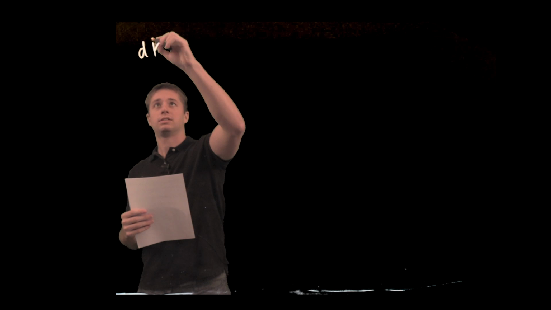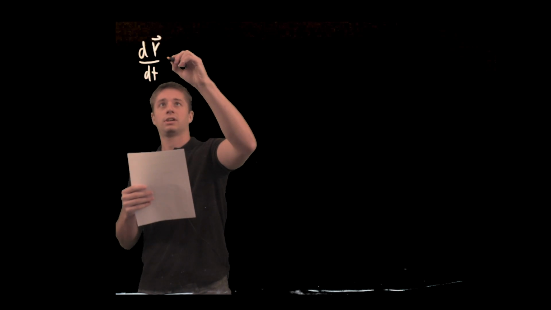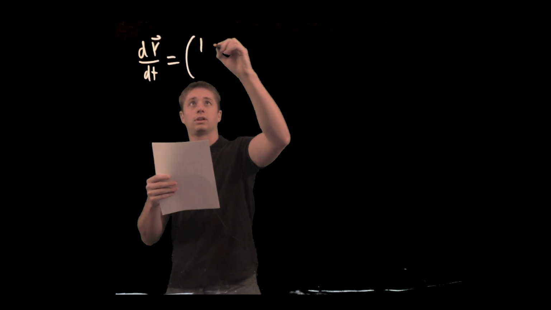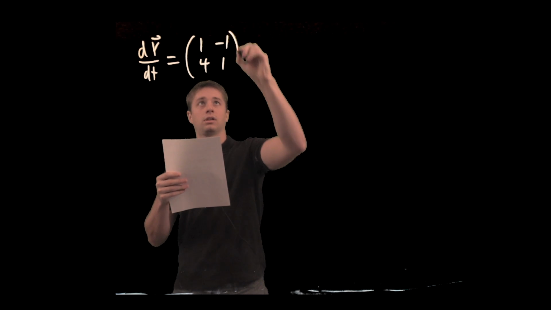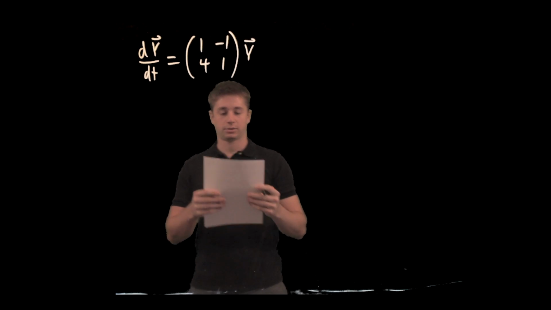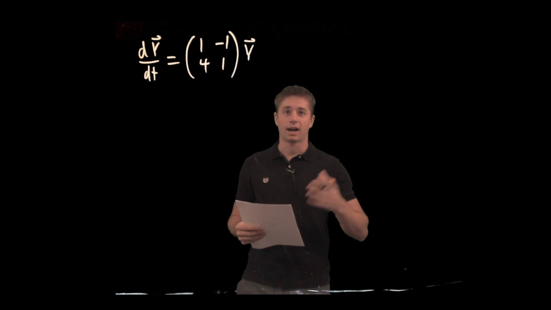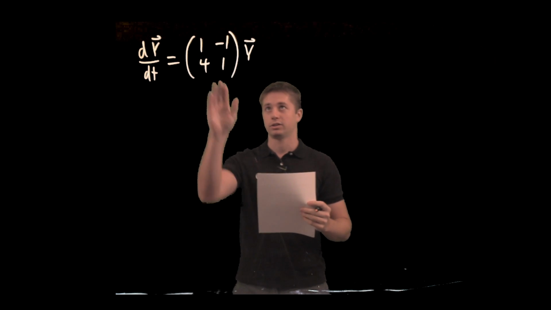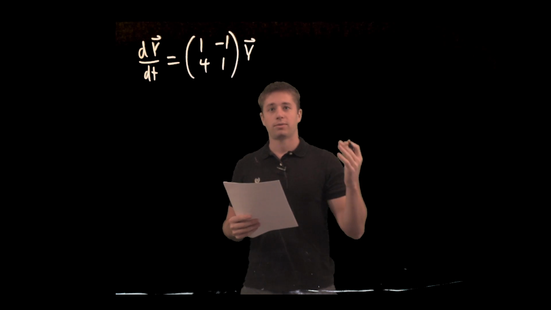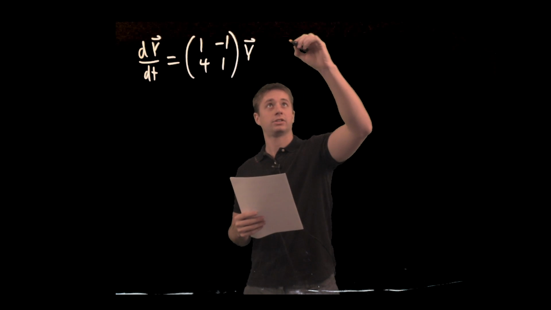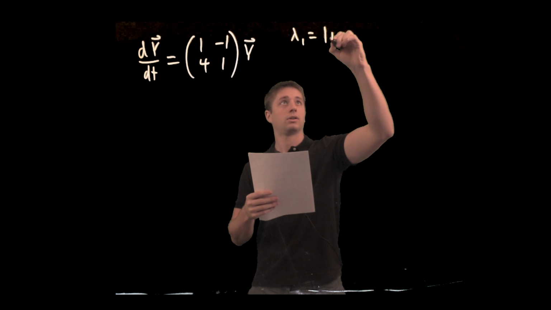In this video, we're going to find the general solution to a linear system in the case of complex eigenvalues. So suppose we have a system of differential equations given in matrix form like this. So the first step in solving a problem like this is to find the eigenvalues and their associated eigenvectors of this matrix. So you pick your favorite way to find eigenvalues and eigenvectors, and you'll come up with